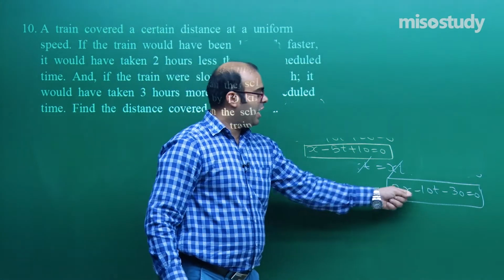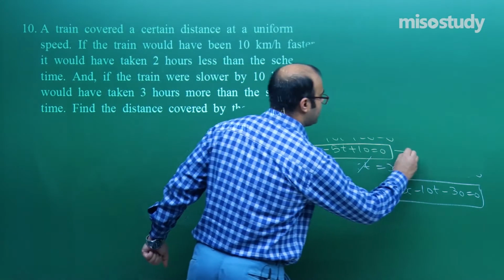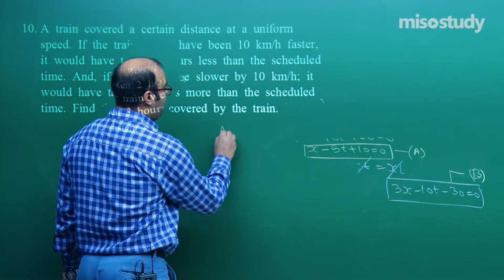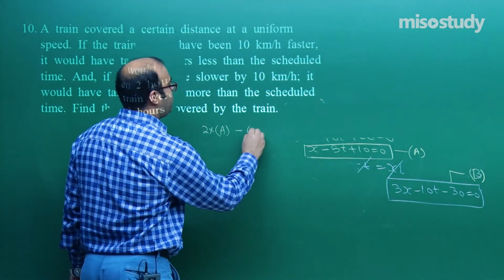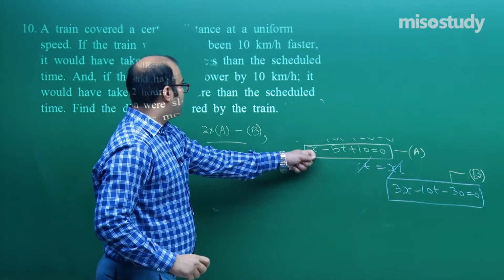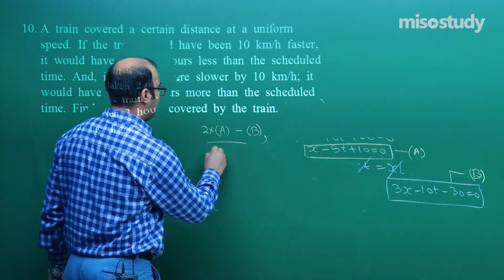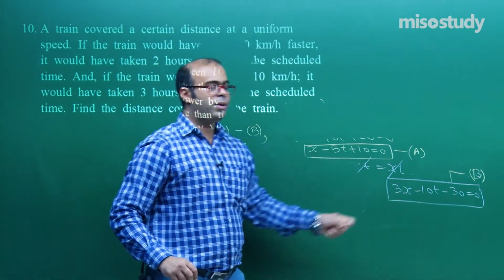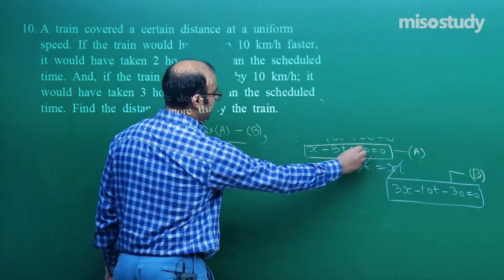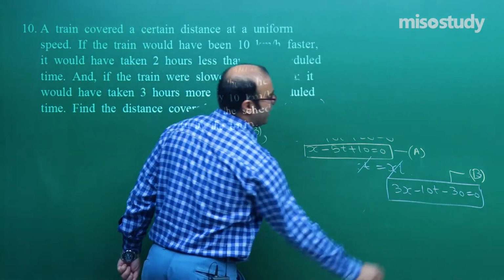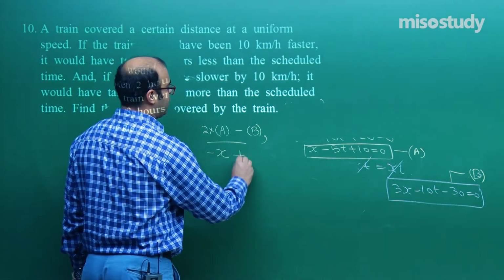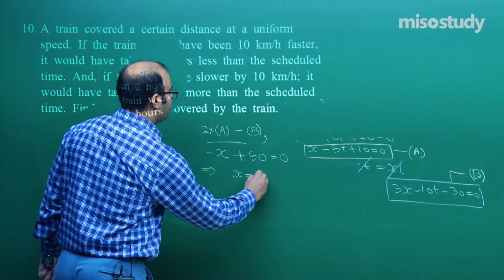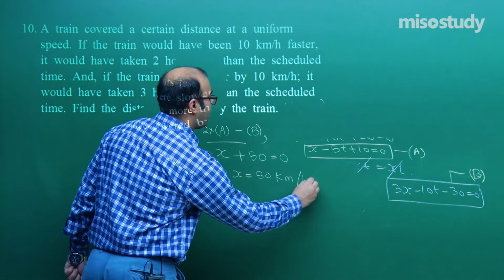In order to solve this, let us suppose this is the A equation and this is the B equation, as earlier we took 1, 2, 3 equations. So A multiplied by 2 and subtract B from it, what will we get? 2x here minus 3x here will be minus x. Interestingly, this will become minus 10t, and on subtraction it will become plus 10t, so it will cancel. Then it will become 20, and this will become minus minus plus 30. So we will get minus x plus 50 is equal to 0 here, right students? So x is equal to 50, which is the speed of the train, 50 km per hour.